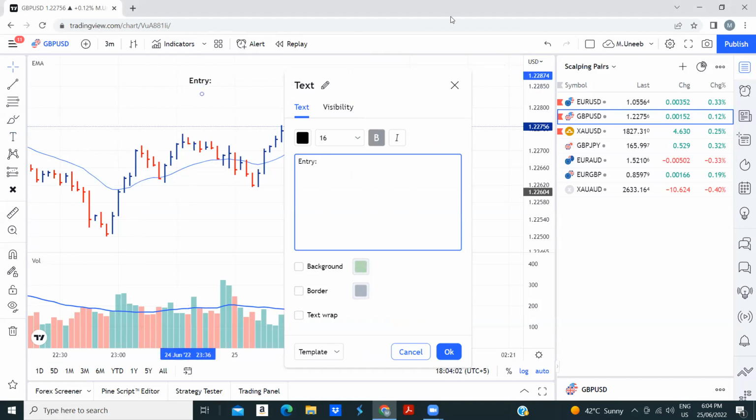Okay, let me share the whiteboard with you. Okay, so entry here, right? Entry will consist of three things. Okay, number one is the reference point. Okay, the reference point can be